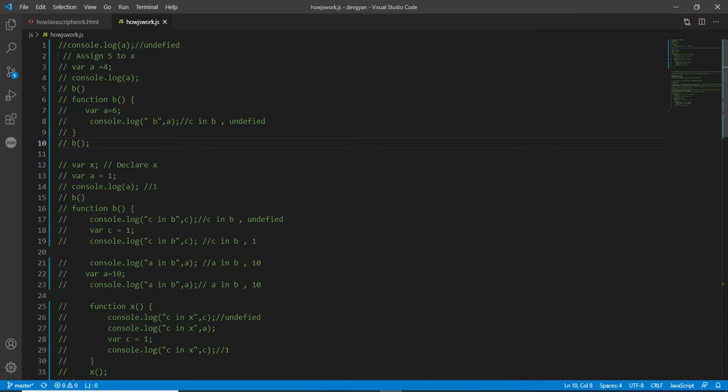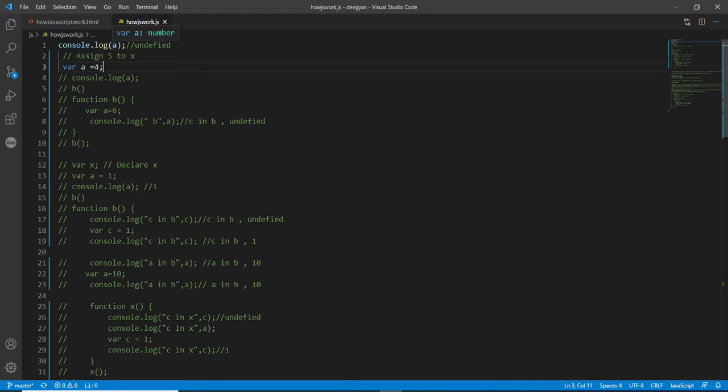So you can notice here that I am going to console log a, and after the console log I declared or initialized the value of a to 4. So what will be the value of a that will print on line number 1? Let's talk about these things. Can you guess it? I hope you understand. So here in this case the value of a will be 4.